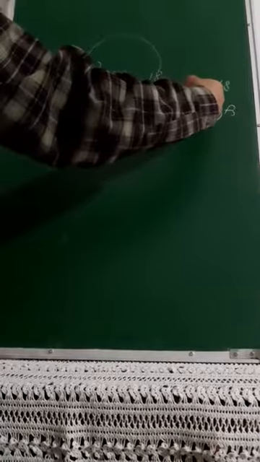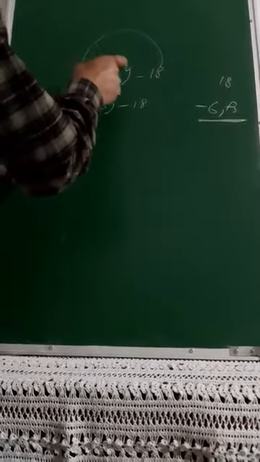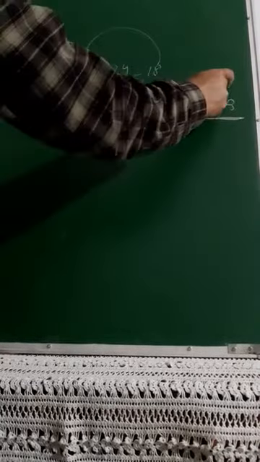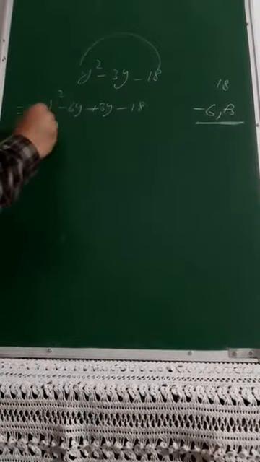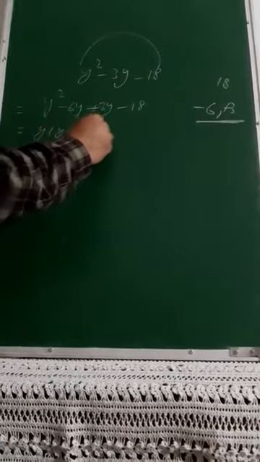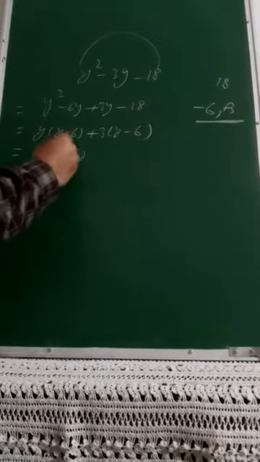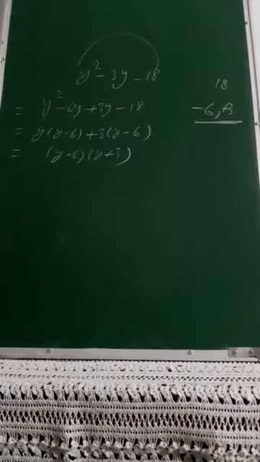And the procedure, I am not repeating in detail now. You have to go for the prime factors of 18, and a pair of numbers will be there finally, such that their sum or difference is equal to the middle term, and the product is always equal to the number with sign at last, whatever is there. So that's why I have picked minus 6 plus 3 here. In the first two, y is common, then it becomes y minus 6, plus 3 common, again y minus 6. In all, y minus 6 is common, so y plus 3. This will be the solution of your second question.